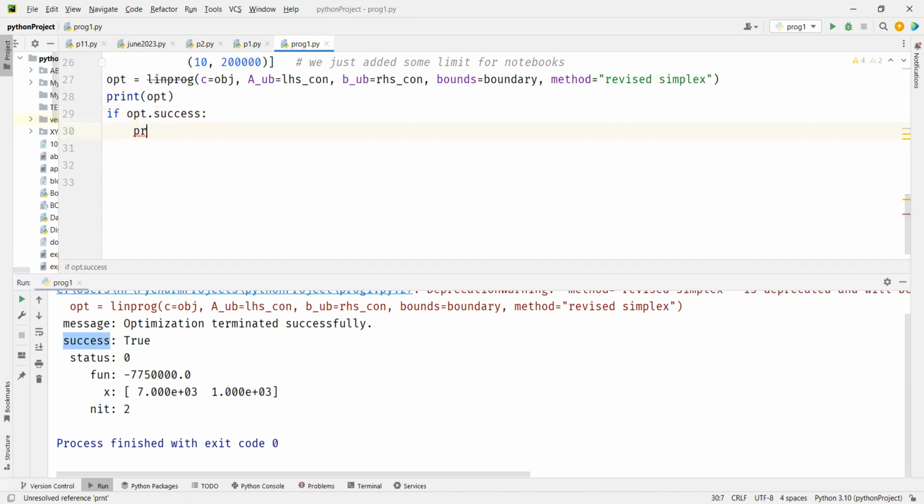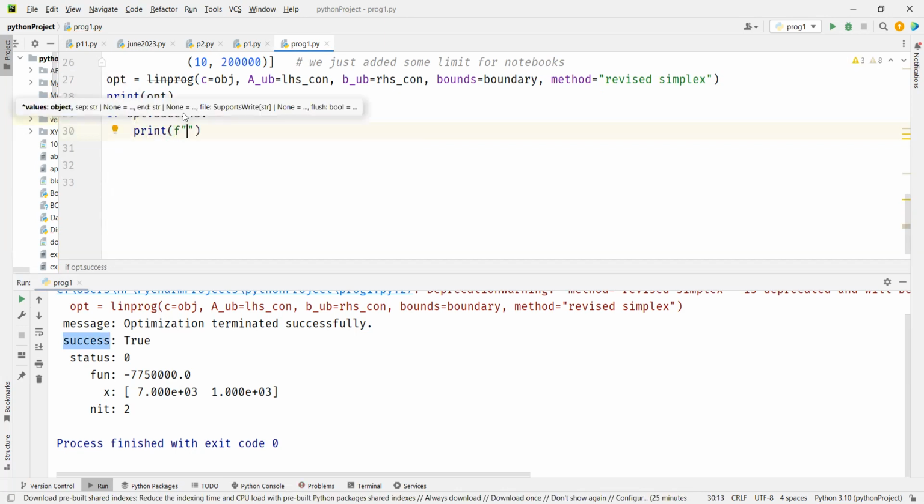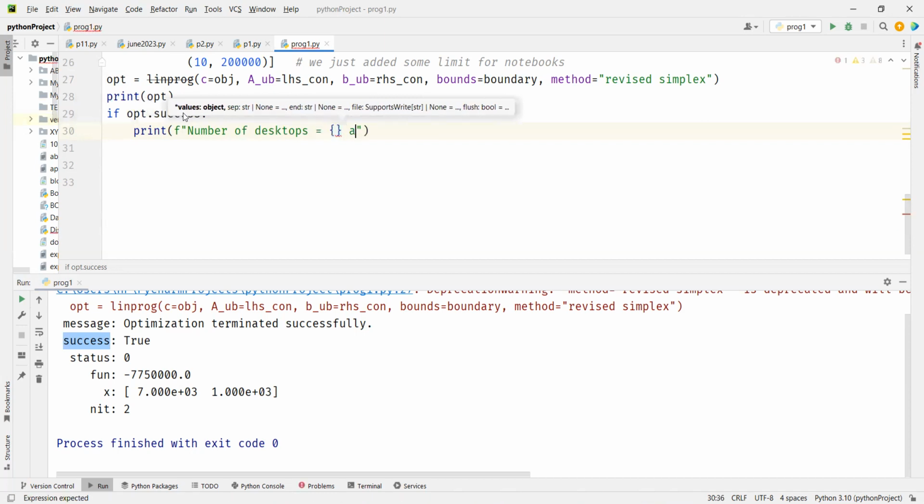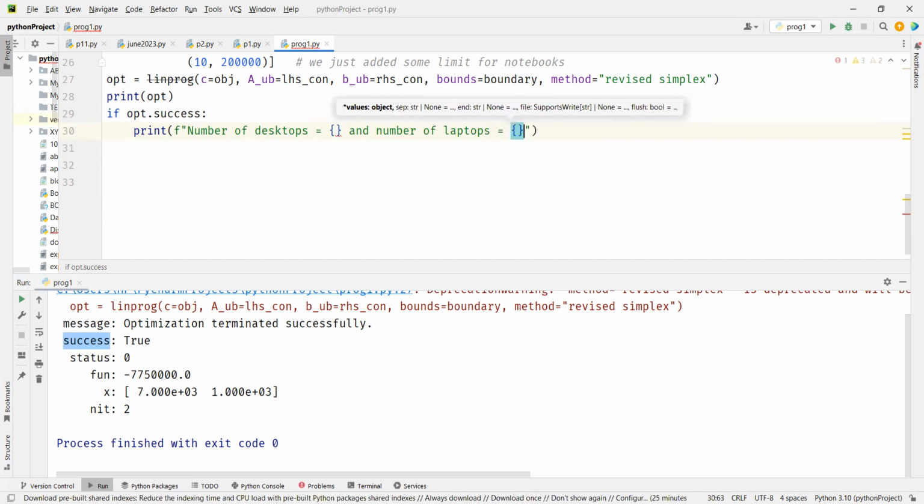Print what? F, number of desktops equal to, and number of laptops equal to,